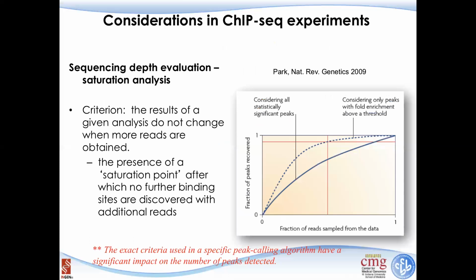Another consideration I emphasized in the previous example is that we have to be careful to choose the sequencing depth. We need something like saturation analysis to find the optimized sequencing depth. As I mentioned in the ChIP-seq short example, the result of a given analysis does not change when more reads are obtained, which means